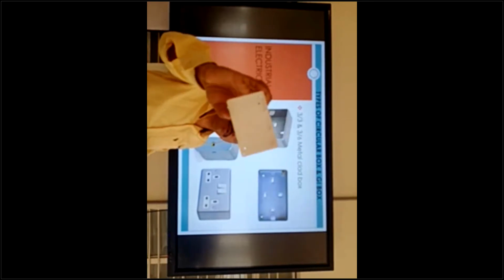Nowadays some are used, but mostly not. In some houses in India, wiring time we can use PVC type. Okay, so this is the metal clad box. You can see GI and metal clad have a little difference. This is the finishing model. You can check, this has finishing and paint everything. But in GI, you can see this is an open area, and it is not finishing. So this is the difference between the GI and metal clad box.